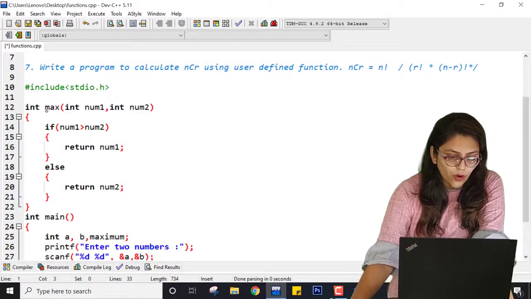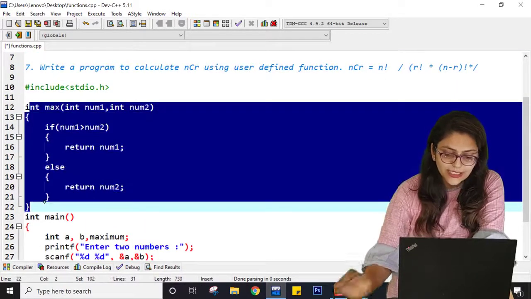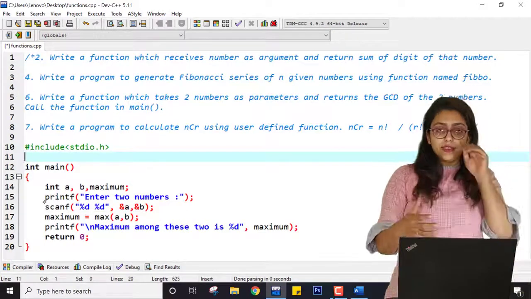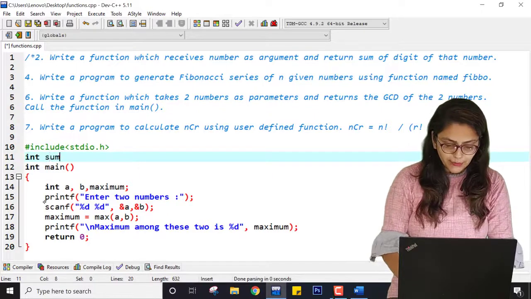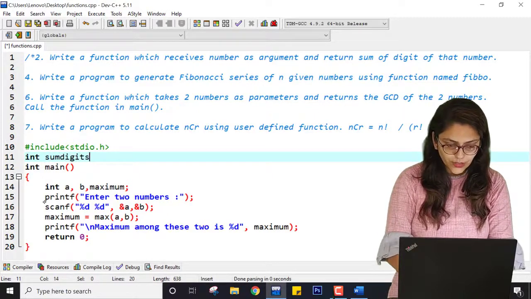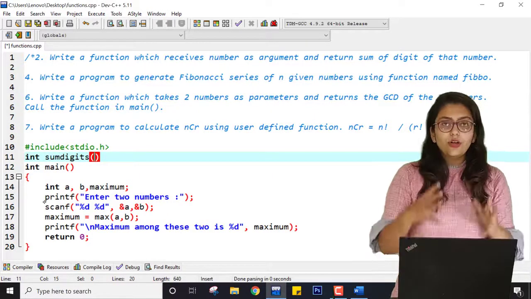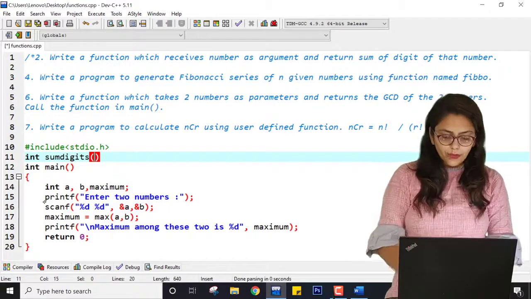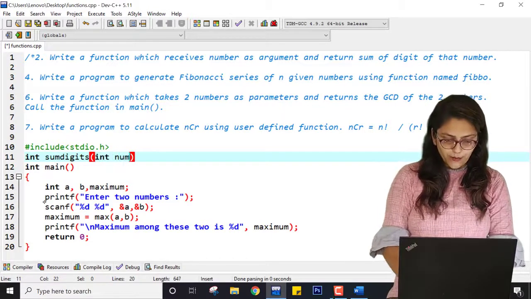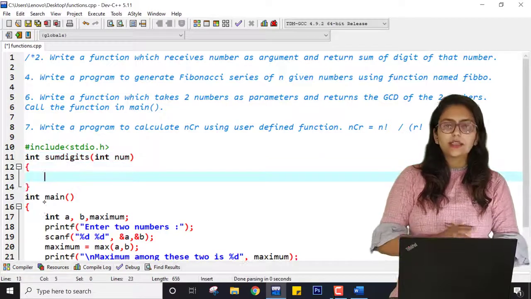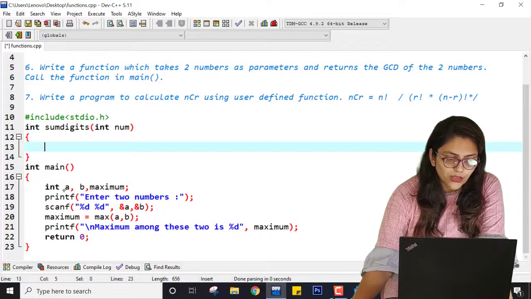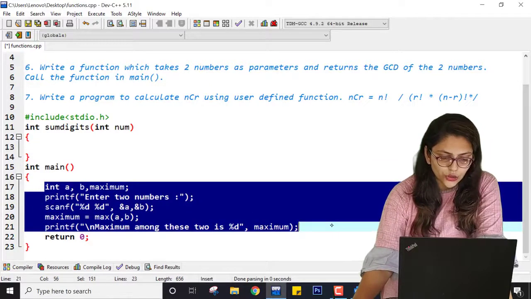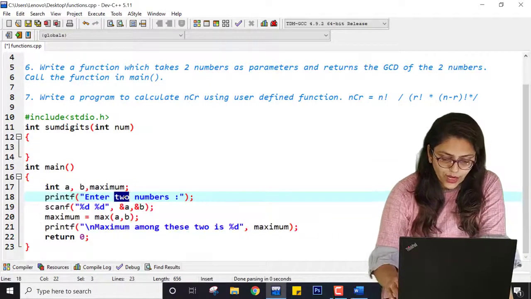So we have performed this program, right? So it is expecting sum of digits, that is some kind of integer. So the function will be integer. I am naming it as sumDigits. And here what argument should I give? If I am giving just one integer number, then it should calculate sum of digits. Right now I will just write a program without using function, and then I will show you how you can write it with function.